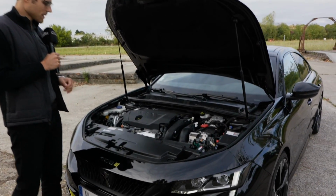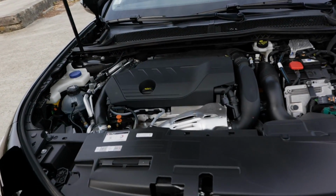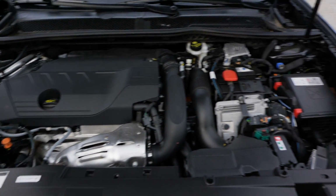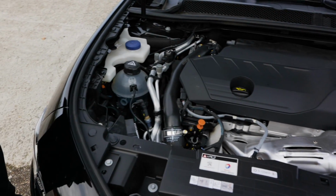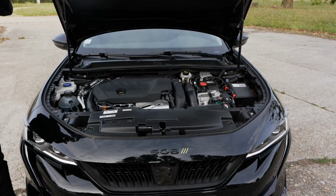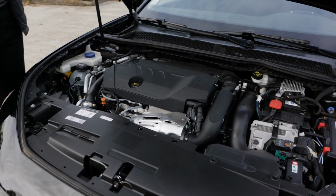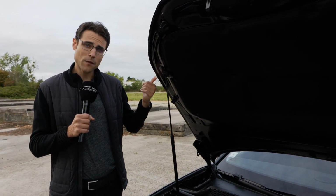Here in front, combustion engine 1.6 liter, turbocharged, and then you have one electric motor in the front, plus an additional electric motor in the rear. The same hardware is also used in the DS7 Crossback, for example, or in the Peugeot 3008, just that here the rear electric motor gets a different horsepower tune and also a different gear ratio in the rear, so it can also drive with the electric motor activated in the rear up to a speed of 190